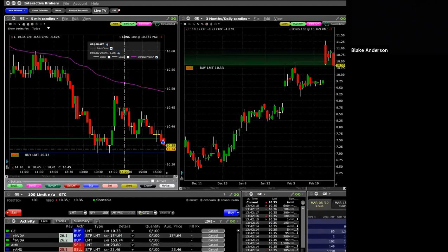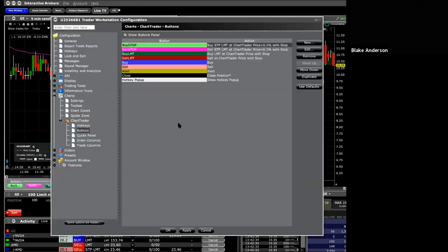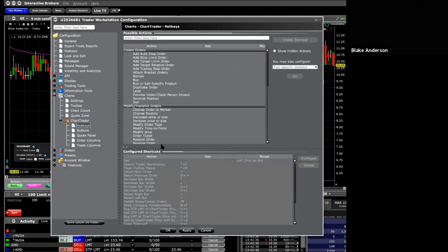Make sure your share size is either set to a good default or that you change that to an absolute value like 100 shares, 10 shares, or 10,000 shares, whatever it may be. Now let's say, no, Blake, I don't want that to generate instantaneously. Cool, let's cancel that. Go back into settings, go into hotkeys, scroll back down here,